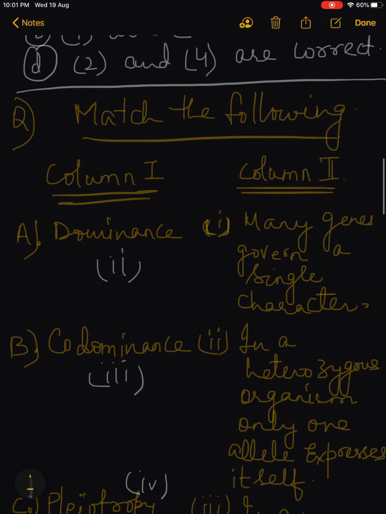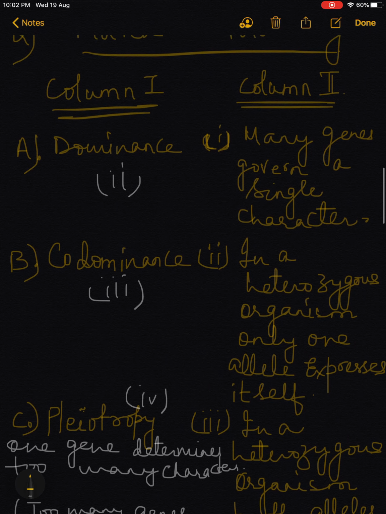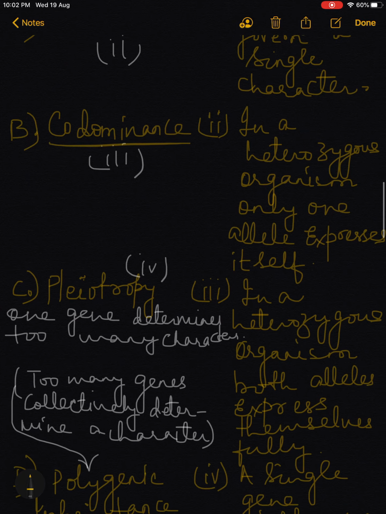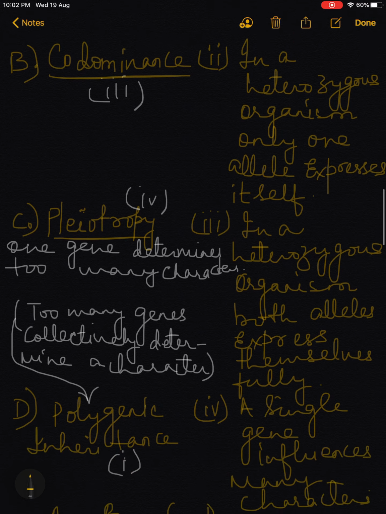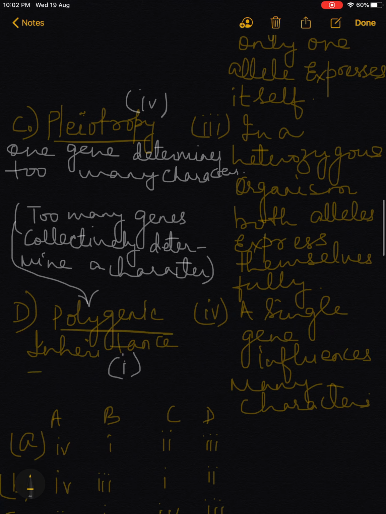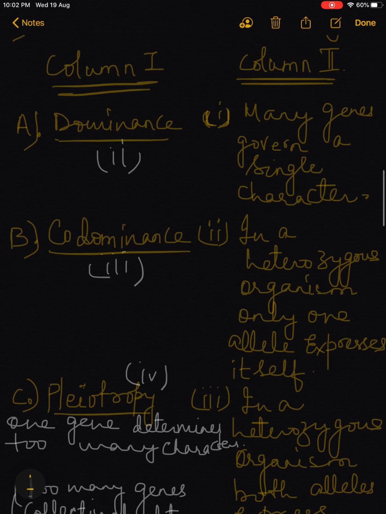The next question, children, is match the following. Now the options in column A were dominance, codominance, pleiotropy, and polygenic inheritance. And the options in the second column were: many genes govern a single character.